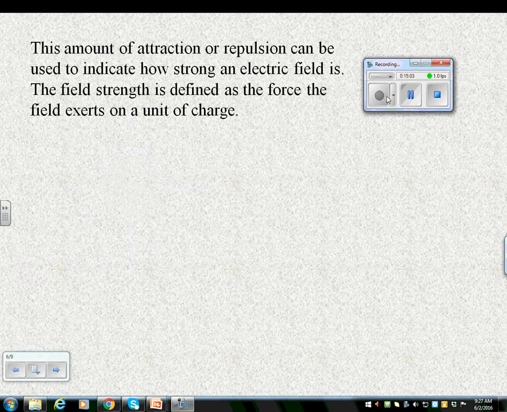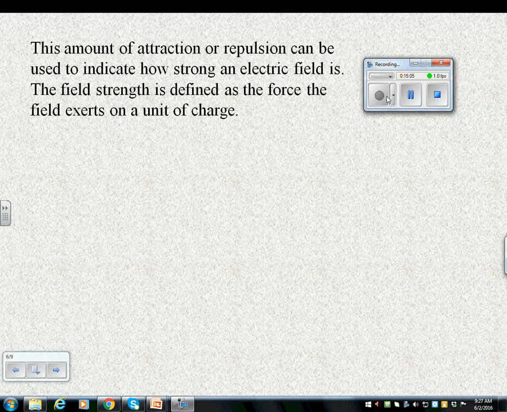I'll try to speed up and I'll try to stay off tangent or on topic. The amount of attraction or repulsion can be used to indicate how strong the electric field is. In fact, Millikan used this idea. The field strength is defined as the force the field exerts on a unit of charge. In gravitational terms, it's the force per unit of mass, per kilogram, and on Earth it's 9.8. But electric fields are different, they vary, so the field strength is defined as the force the field exerts on a unit of charge, usually a coulomb,